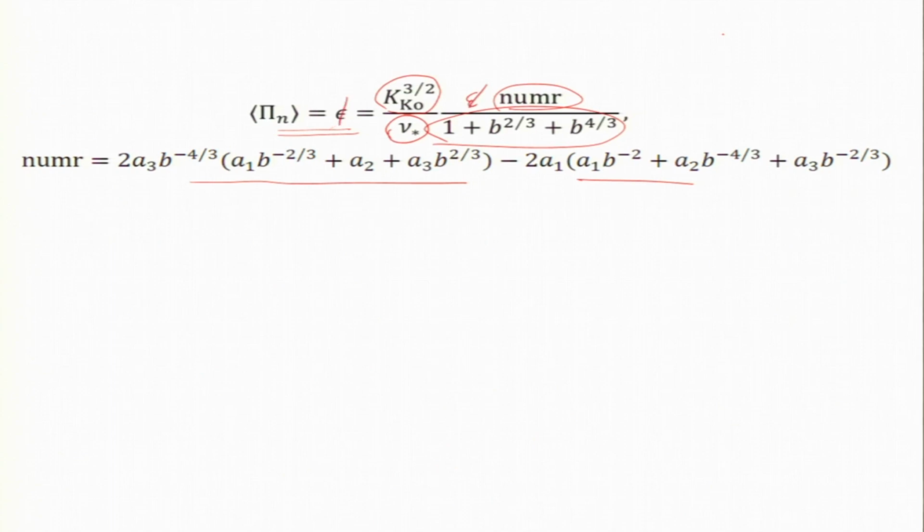Okay. So, what do I get from this algebra? This object is a constant, a function of b of course. With that I can get k Kolmogorov to the 3/2 by nu star is equal to 1 by this constant. Nu star is known for a given b, nu star is around, order 0.5. So, from this I can compute the Kolmogorov constant, correct. That is how you compute the Kolmogorov constant using field theory.